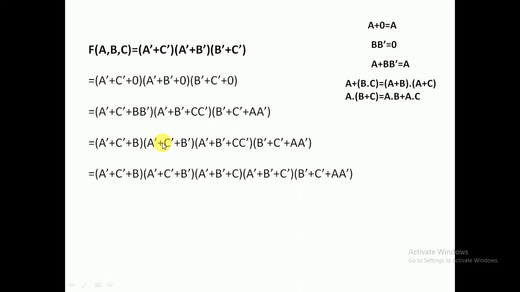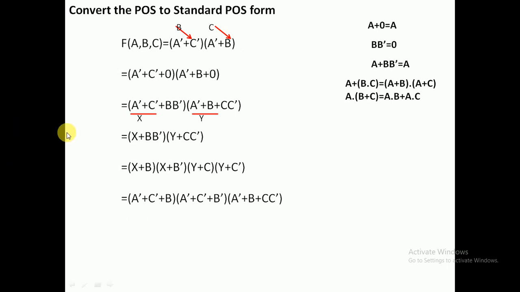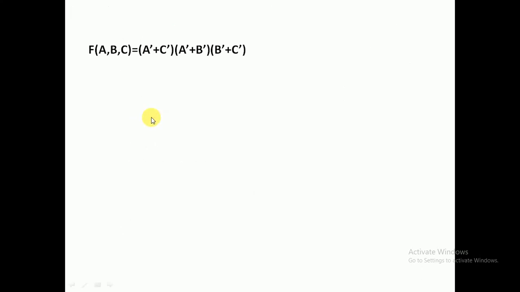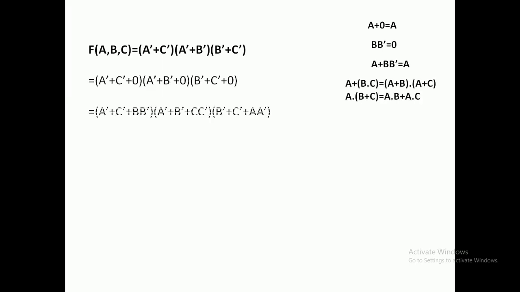Here I have not taken it as x or y, but students, whenever they are practicing, might be confused, so consider it like the previous example. It is better. This is a very easy procedure. You consider them as x and y, take this extra step, and after that replace this x by a dash plus c dash. So this is an easy procedure. In the next example I have not prepared the PPT in that manner, but it is a very easy method. Here I directly apply the distributive law with respect to the Boolean algebra formula.